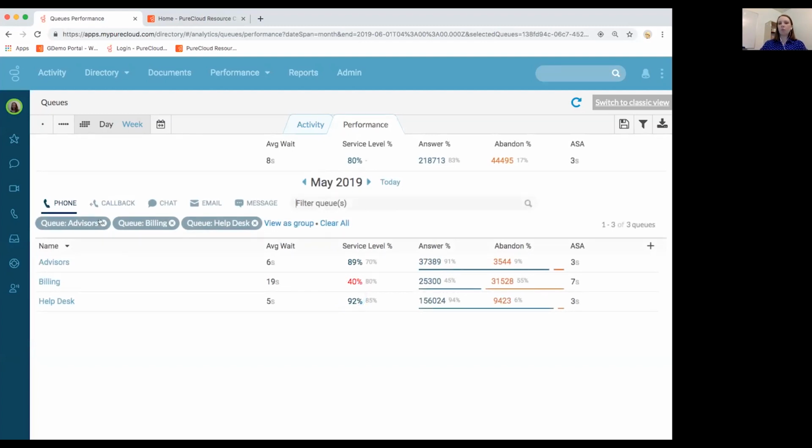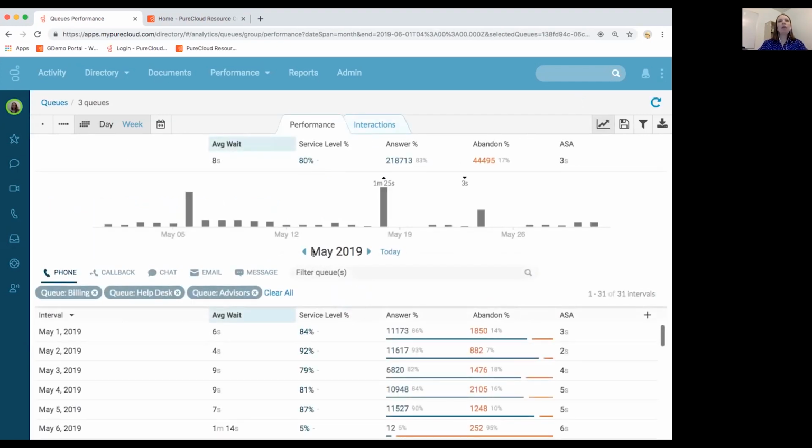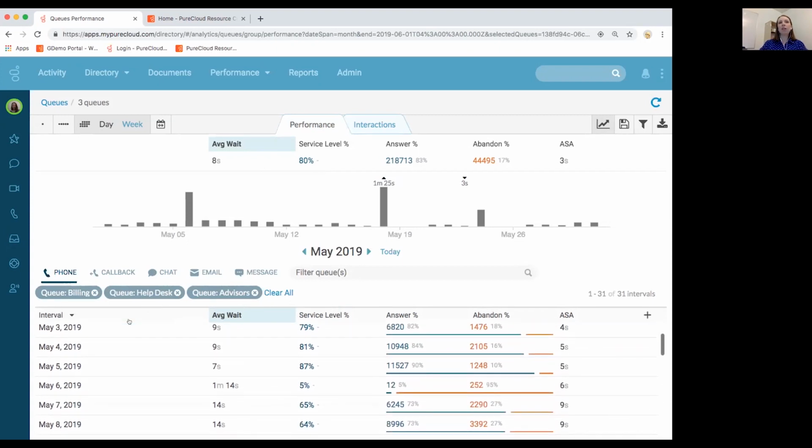I believe our person asking the question said 4. I don't know that there is an upper limit. You probably don't want to do it with 100 queues, but you can merge a couple of queues that you are interested in. So I filtered for those. You can see those listed here underneath and at the top. And then I click the View as Group link, and it will give me the detail page with aggregate data